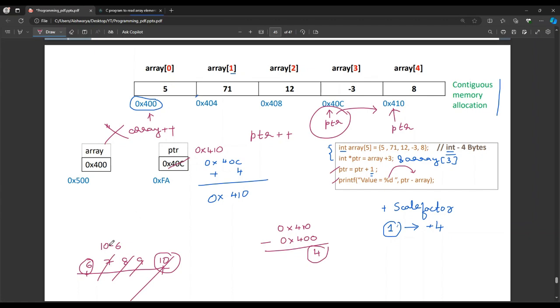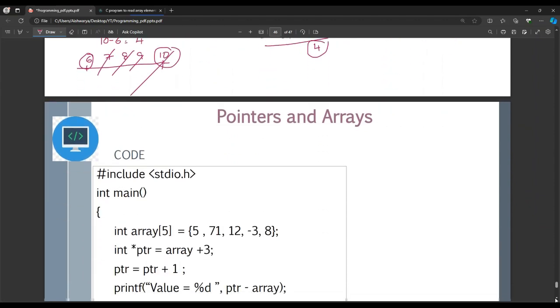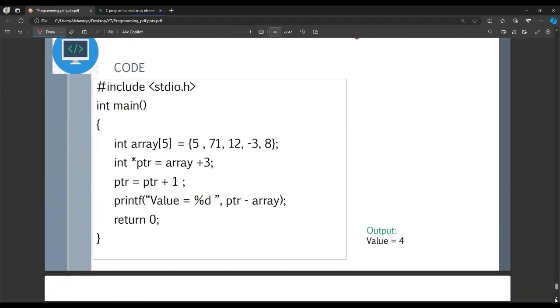Similarly, instead of 10 here we have the address 0x410 which PTR is pointing to. Instead of 6 we have the array's address which is 0x400. So there are 4 elements. So the answer, value is equal to 4, is what will be printed.